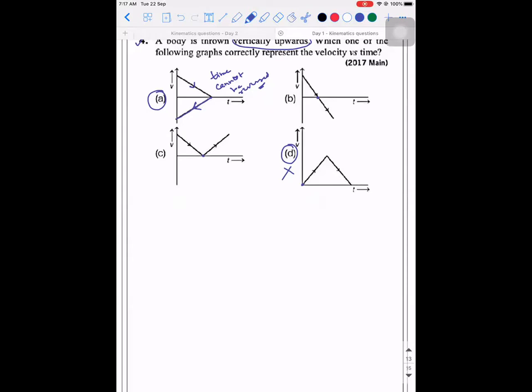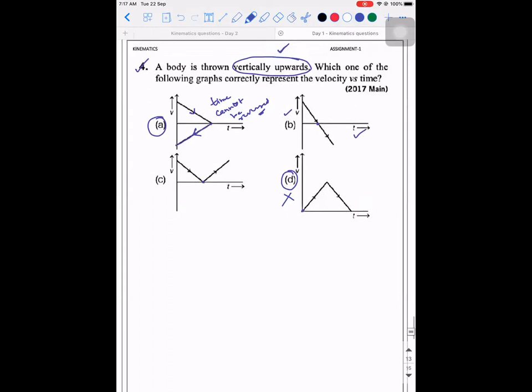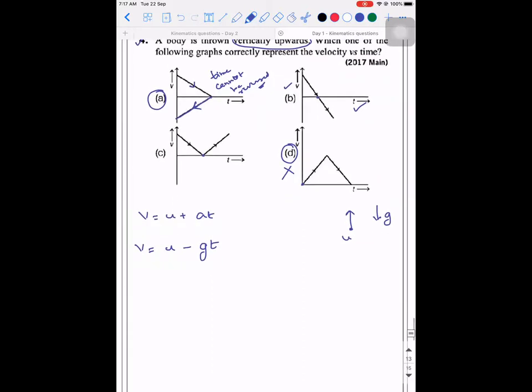So what equation will come to your mind? Because they have given velocity time graph and it is moving vertically upwards under the influence of gravity, which is constant acceleration. V is equal to U plus AT. So first equation, V is equal to U plus AT. Object is going in upward direction. U is in this direction. G is in the downward direction. So V is equal to U, can I write it as minus GT? Because initial velocity and everything, upward direction, I'm taking it as positive. I hope you understood this point, right? So V is equal to U minus GT.